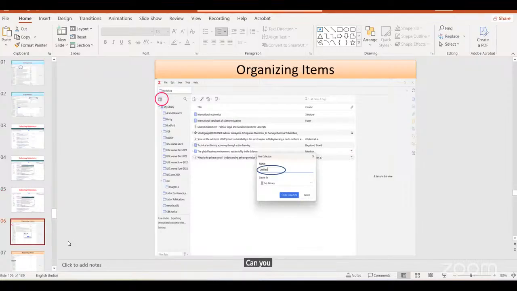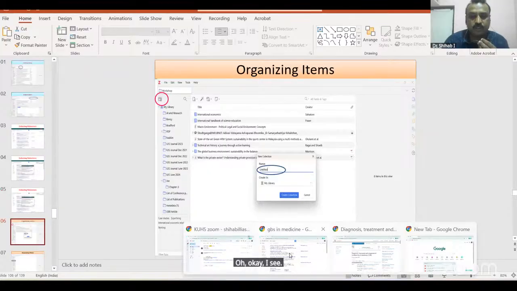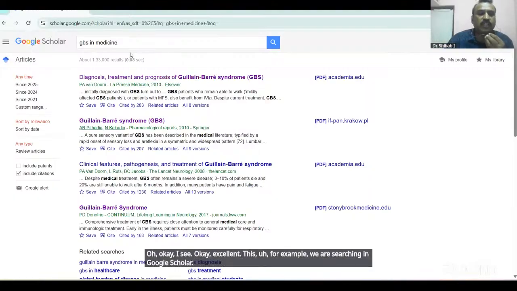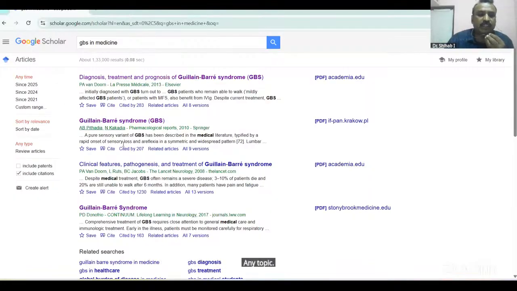Can you please repeat the steps of multiple selection in a single click? Okay, I shall. For example, we are searching in Google Scholar on any topic, and we find 4 or 5